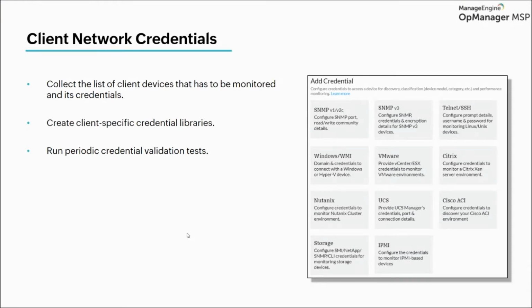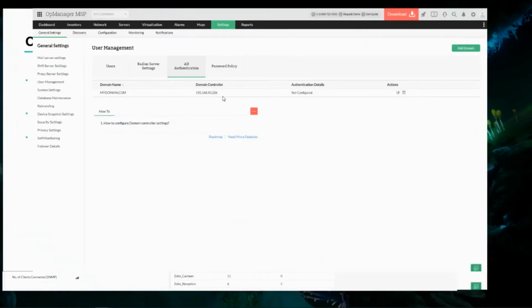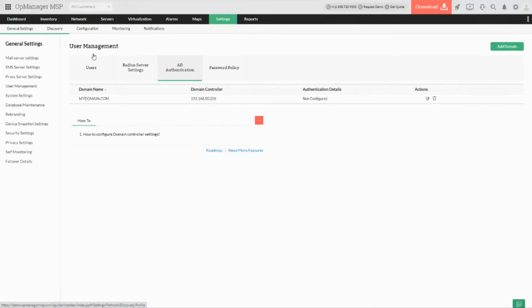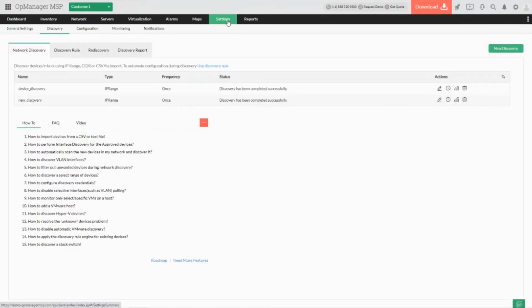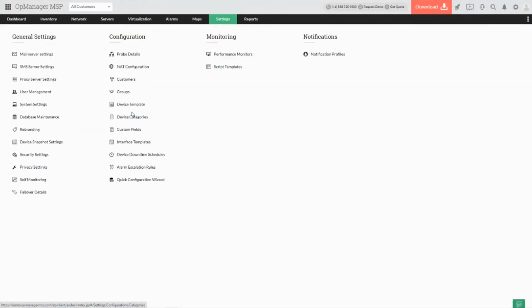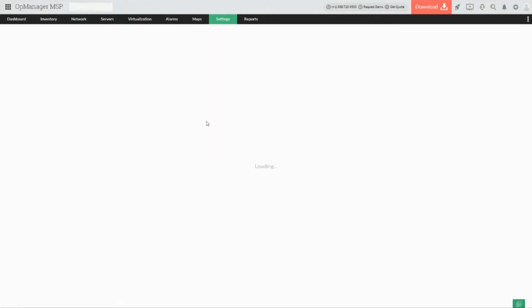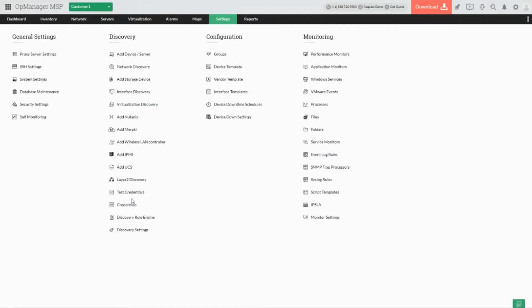Here we can create specific credentials for specific users and clients on the respective probes, and then you can use them for the discovery process as well. So now let me quickly take you to the product directly and show you how these credentials can be created and what the various options are which would be available when we talk about creating credentials. And as we have discussed, the credential has to be created customer specific and probe specific.